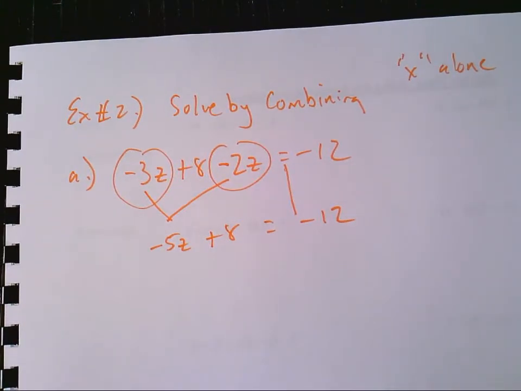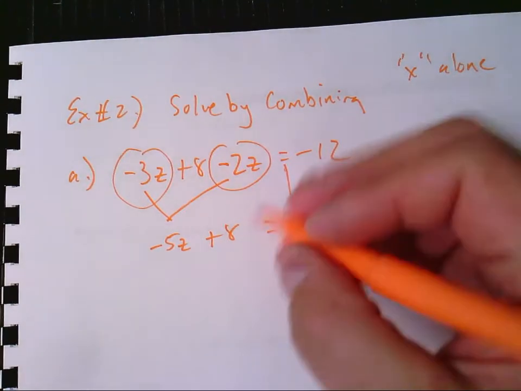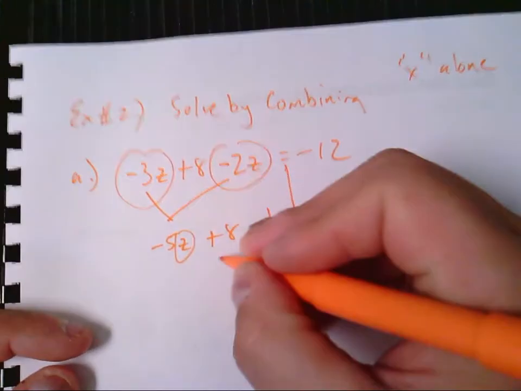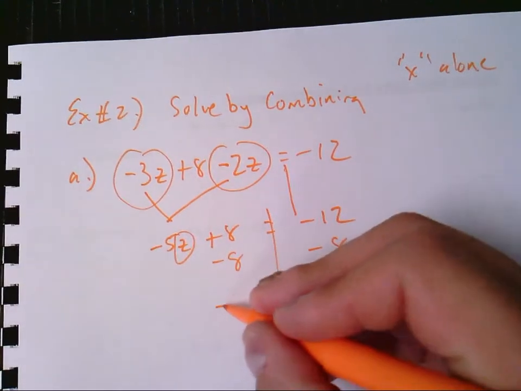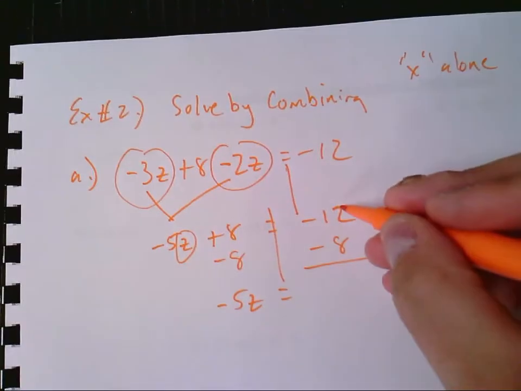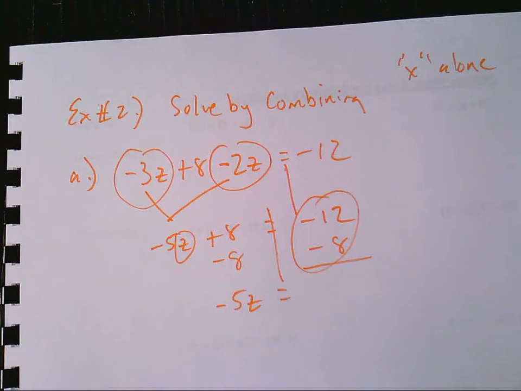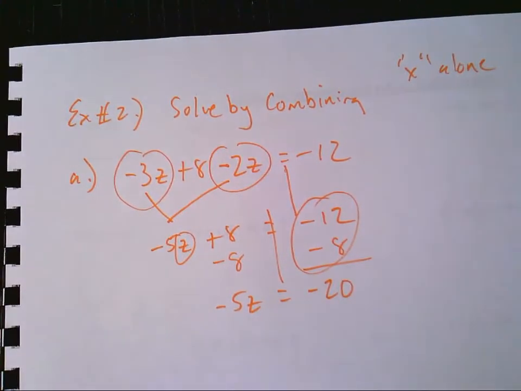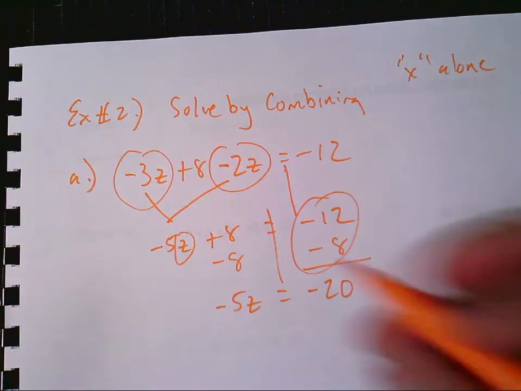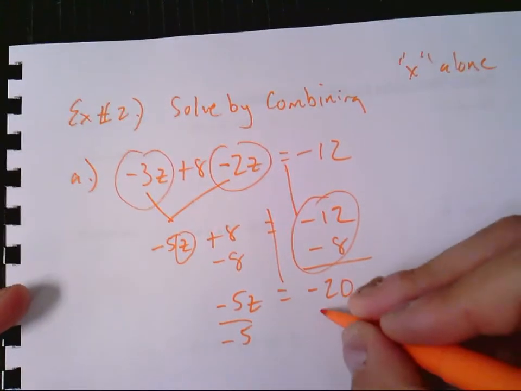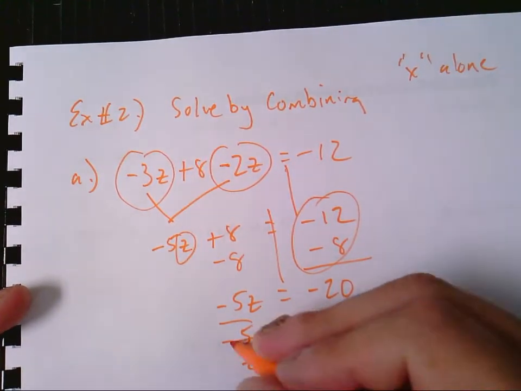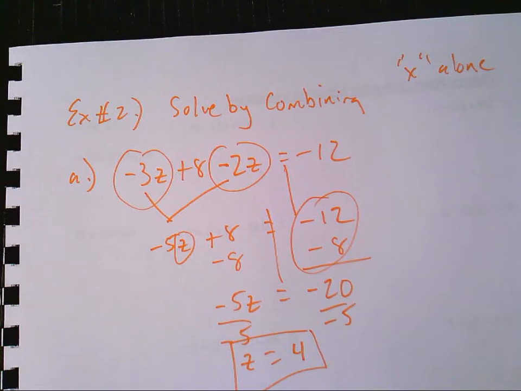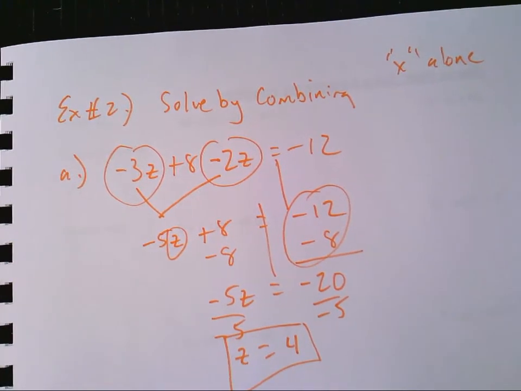Then from there, it's solving equations. Here's my variable, so I'm going to subtract 8. Shouldn't really be surprised by that. What you will have to watch out for in this one is the signs. If I have negative 12 and I take 8 more away, it becomes more negative: negative 20. Then if I divide both sides by negative 5, I get z equals a negative divided by a negative, which is a positive 4. At a later point, we could talk about